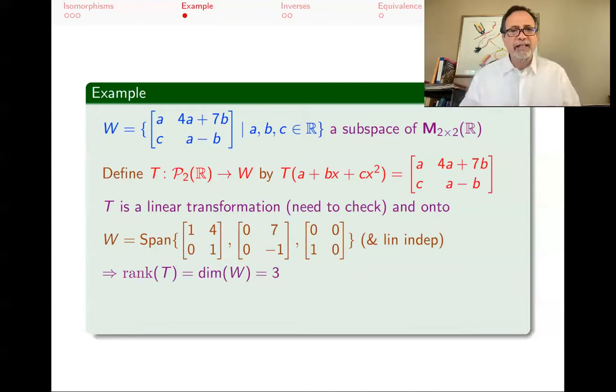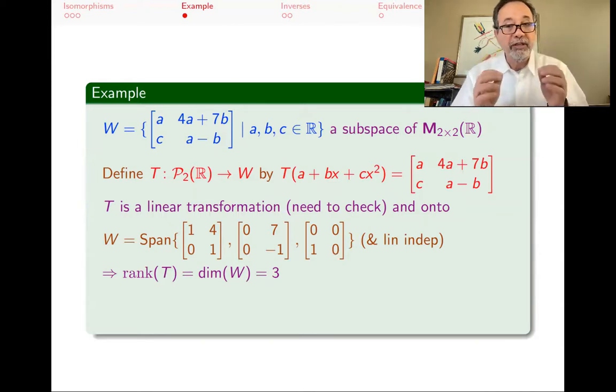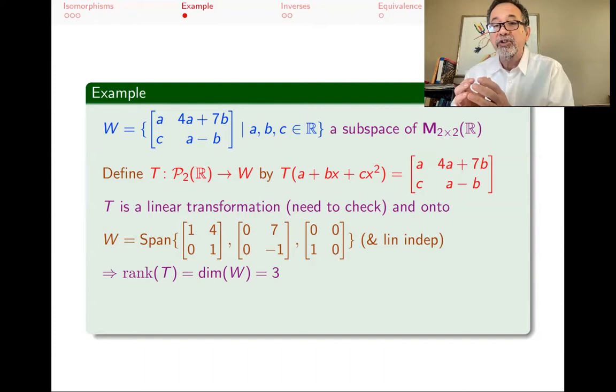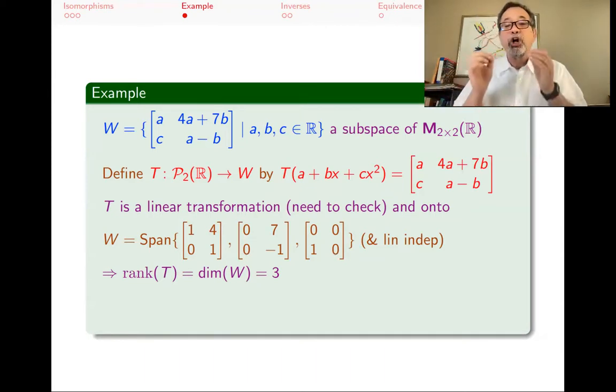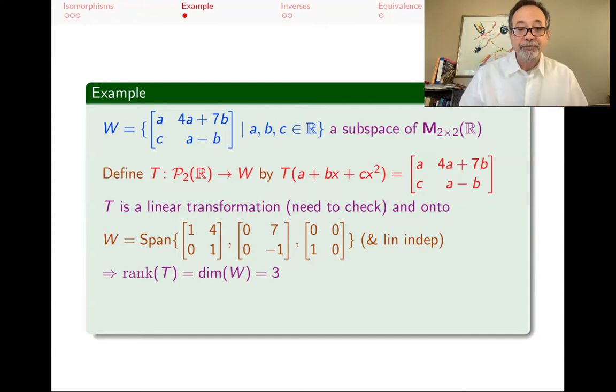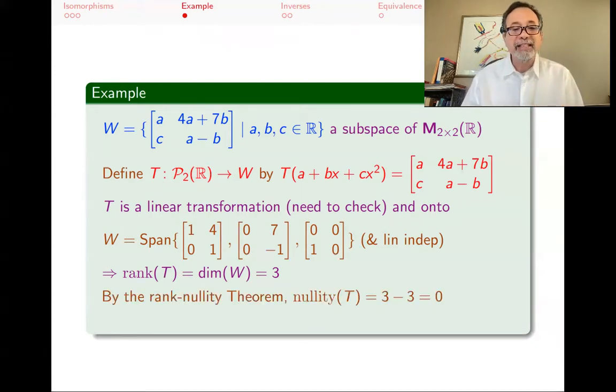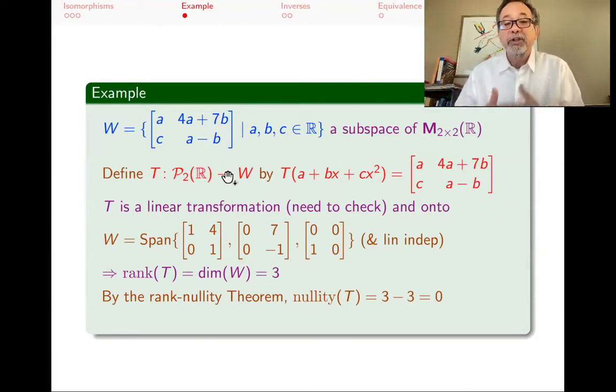I was going to try to show that T is one-to-one, and I could have directly shown you that, but I don't like to do extra work because we have something called the rank-nullity theorem, a very important theorem of linear algebra and the subject of a separate video altogether, that says that the rank of a linear transformation, which is the dimension of the image, plus the nullity of the linear transformation, which is the dimension of the null space, is always equal to the dimension of the domain. So by the rank-nullity theorem, I can find the nullity because the nullity plus the rank is the dimension of the domain. The domain is P2R, its dimension is 3, but the rank was already 3, so that tells me that the